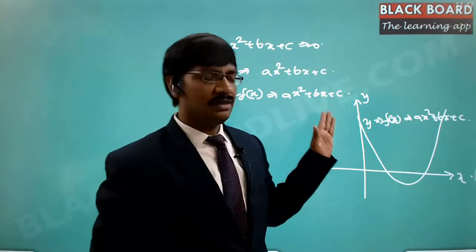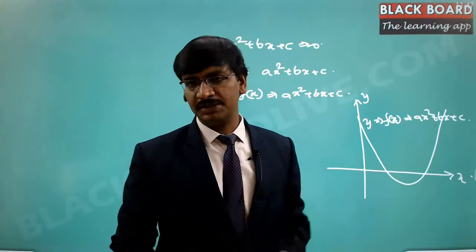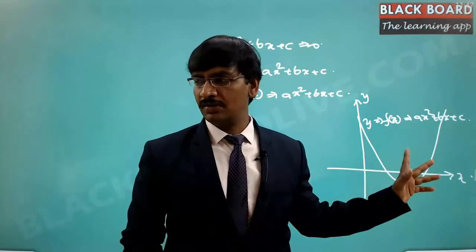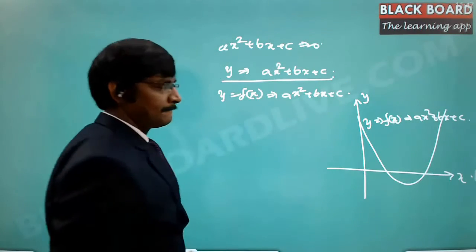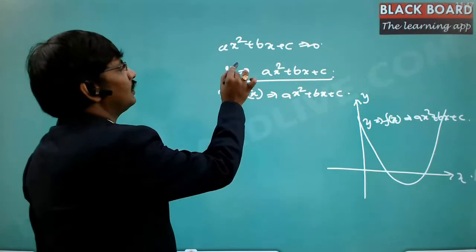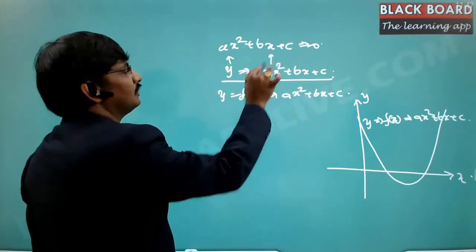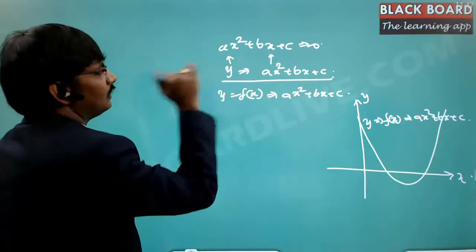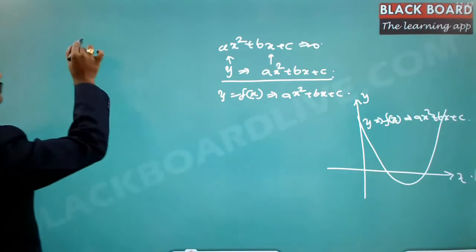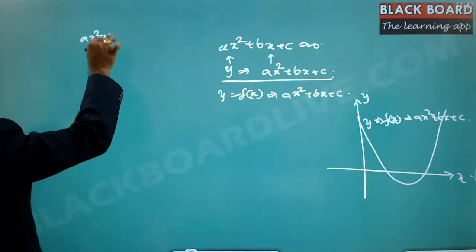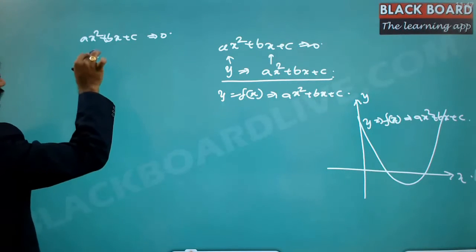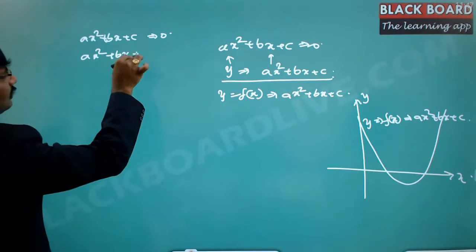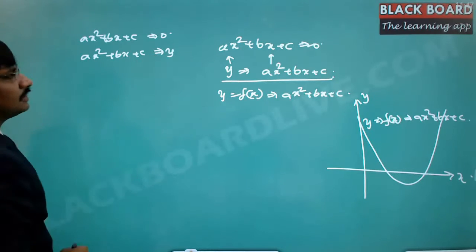On this Cartesian plane, there is a parabola that is going to be represented. This parabola was drawn from the curve y is equal to ax square plus bx plus c. Now if you try to correlate these two, I can put this value the other way. That is ax square plus bx plus c equal to 0. This can also be written as ax square plus bx plus c is equal to y,